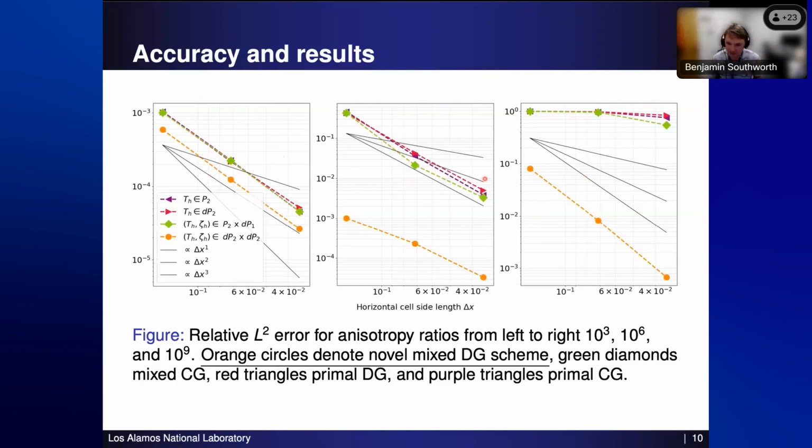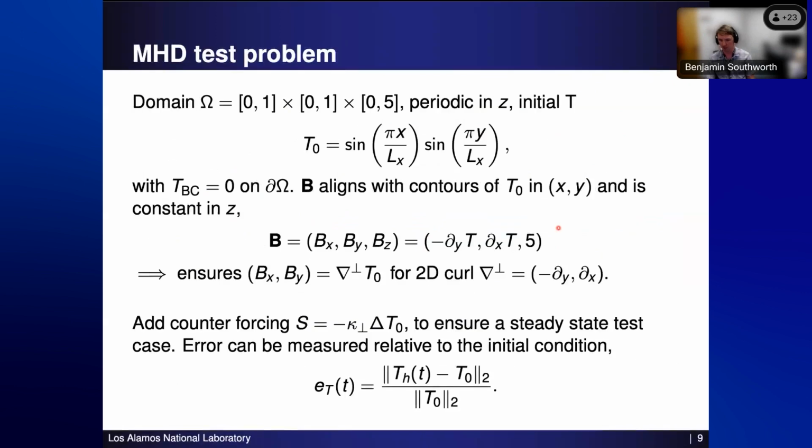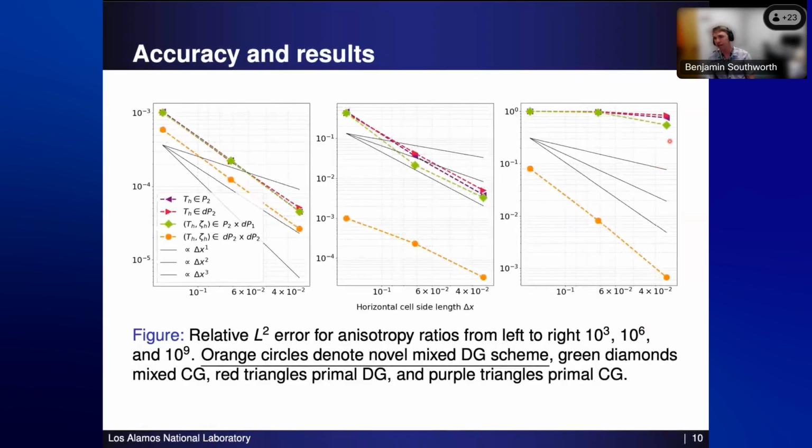were very pleasantly surprised to find not only does the stabilization and upwinding make sense and work well for the solvers, it actually helps substantially for the discretizations. And so in this far right plot where we're at 10 to the 9, which is, again, the kind of ratios we expect to see in practice, we're getting 3 orders of magnitude more accurate solutions using, oh my gosh, what happened? Sorry. 3 orders of magnitude more accurate solutions using the new mixed DG scheme than any of these other 3 finite element formulations. And these aren't even converging at proper order yet. As you continue to refine, I expect they eventually will. They're starting to find that convergence, but it's taking quite a while to get there.